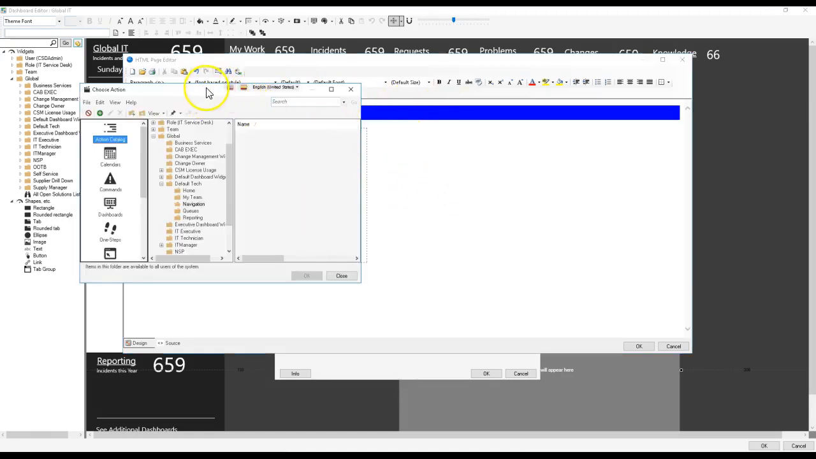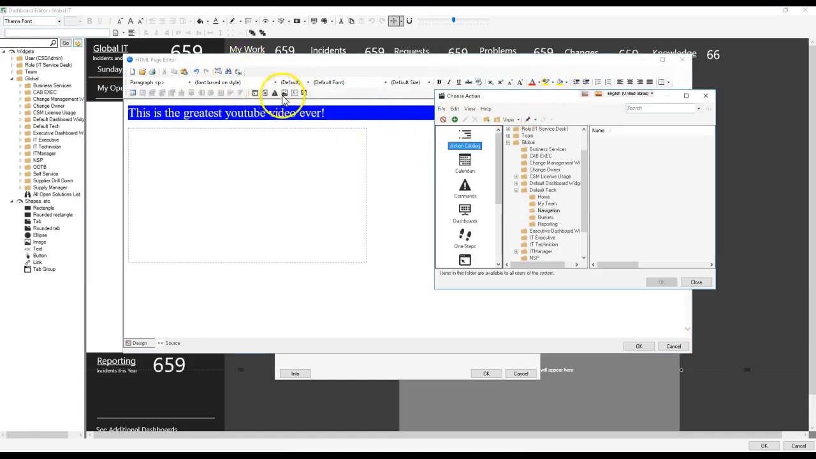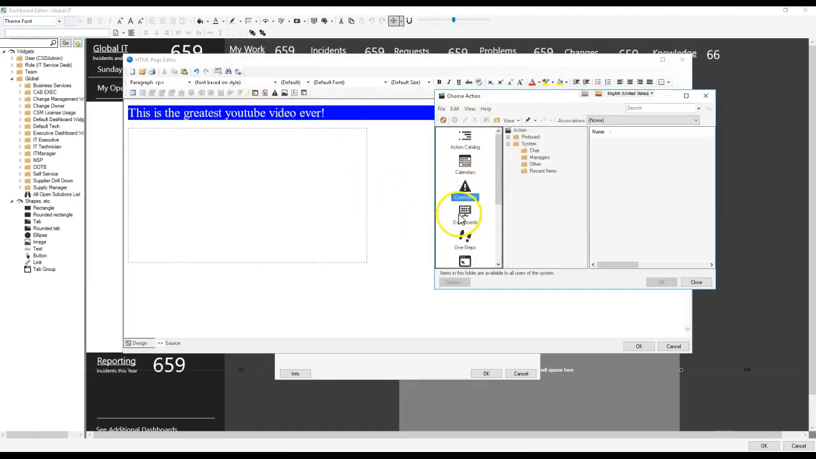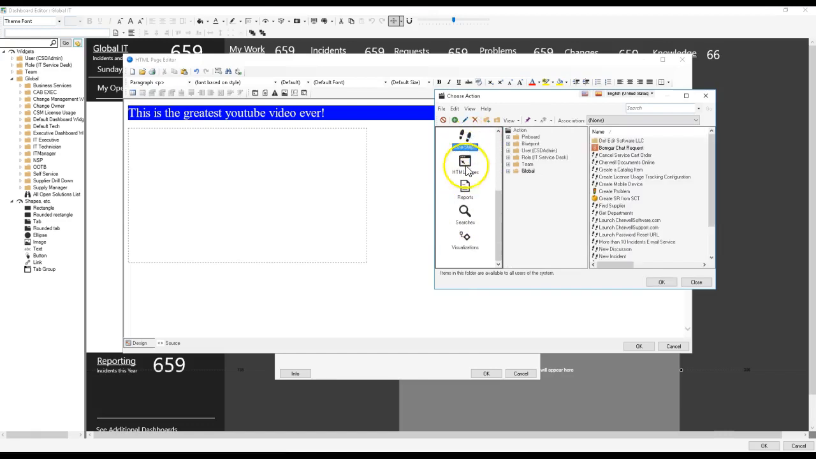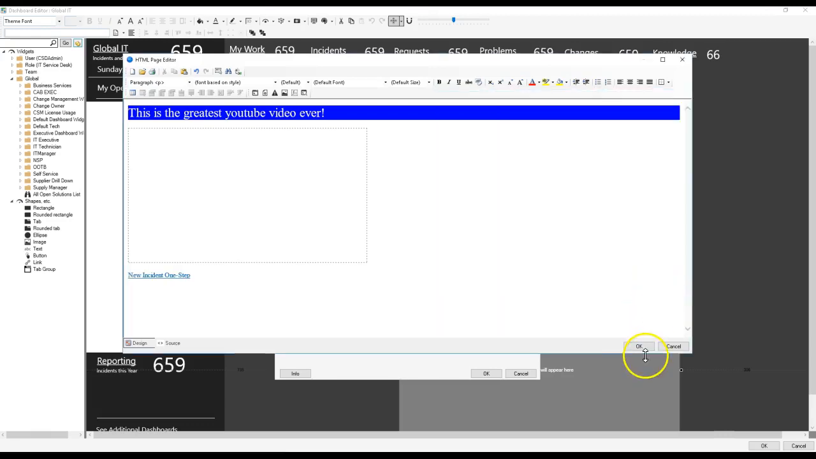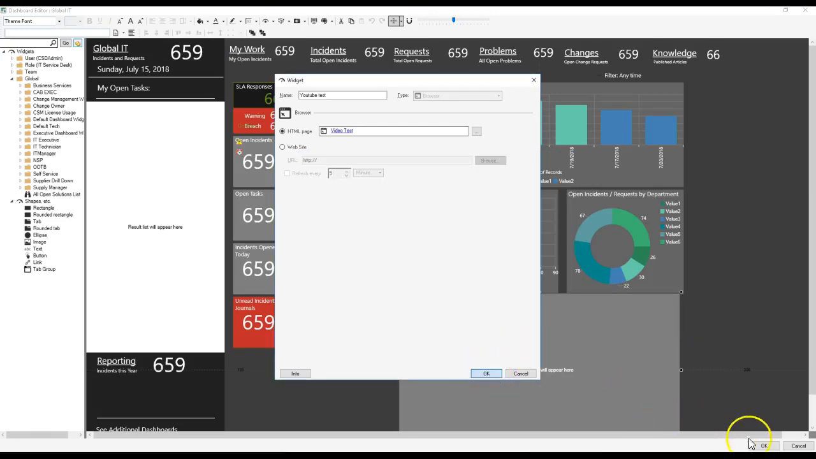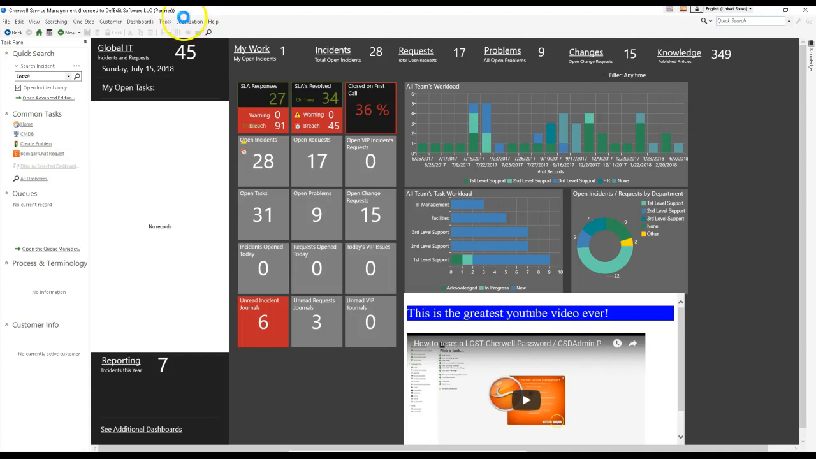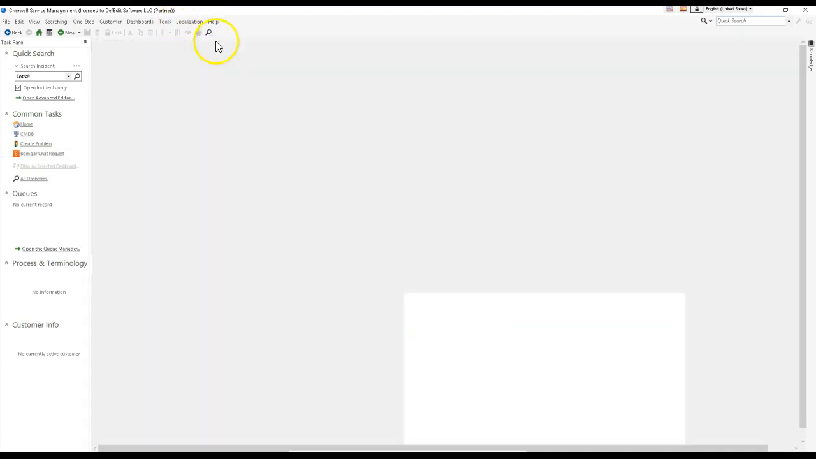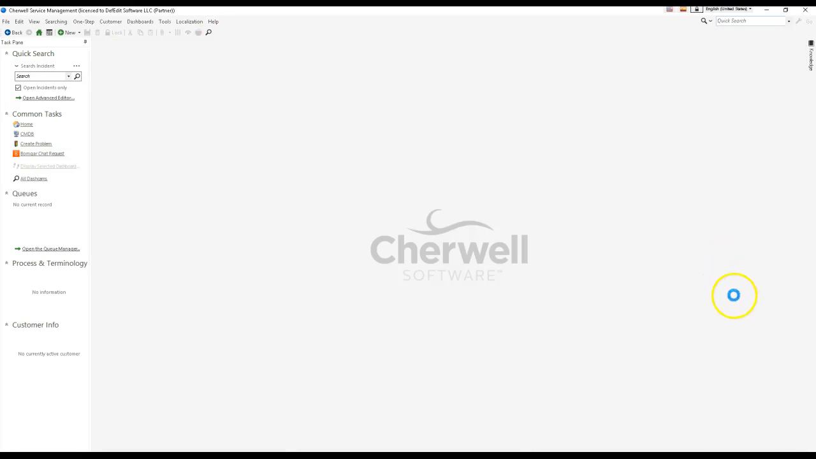So we have the option here of inserting a Cherwell action. And a Cherwell action can be a command. For example, you could have it log you out, or it could be a one-step, which is kind of nice. So we could have a one-step here for new incident. If we click OK, and we click OK, and we click OK, and we reload definitions,